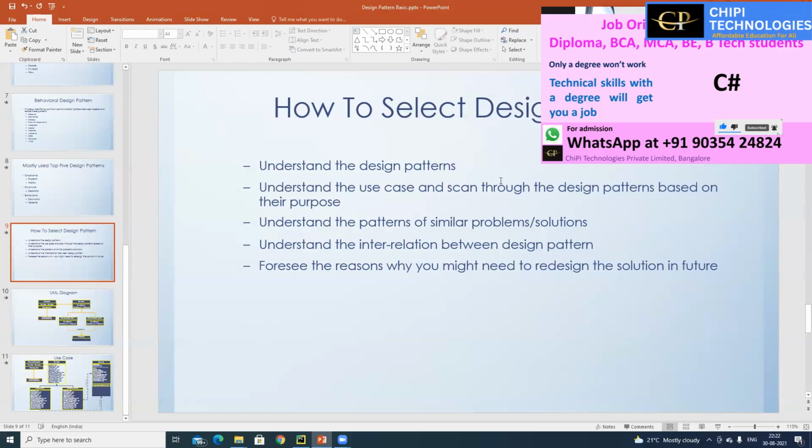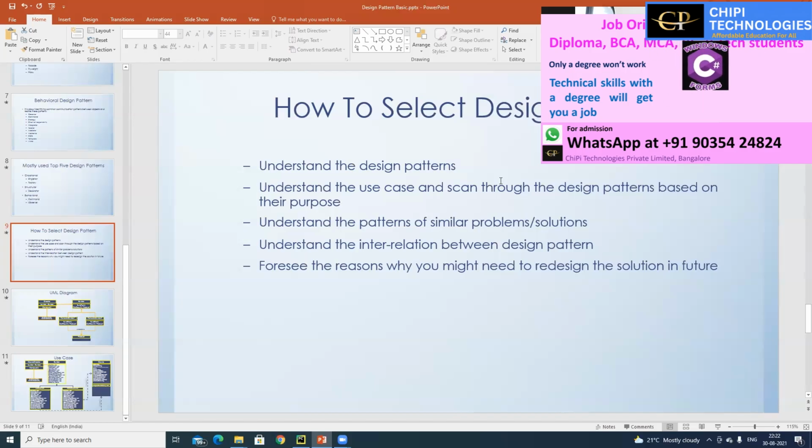So you have to use multiple design patterns for a particular application when you're developing it, right? So it means until and unless you know all of them, you might end up with the wrong selection, the wrong choice. So first, you must know all. Second thing, you must know the use cases. Third thing, you must know the relationship between these design patterns, right? Then also,